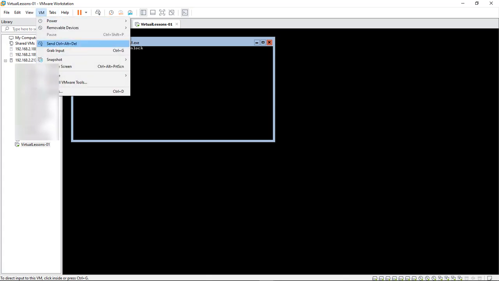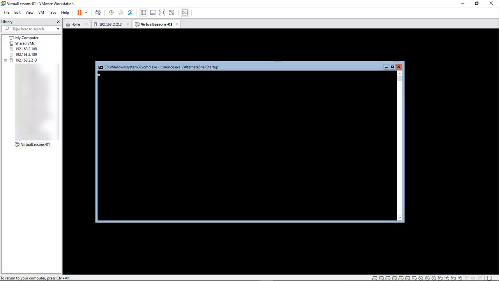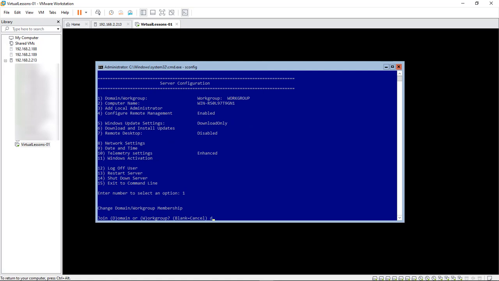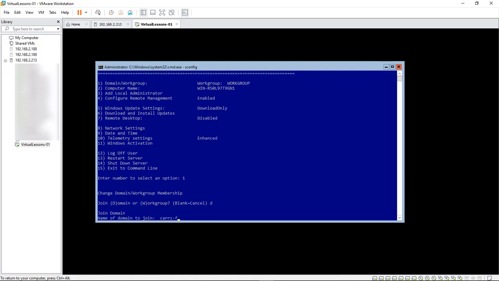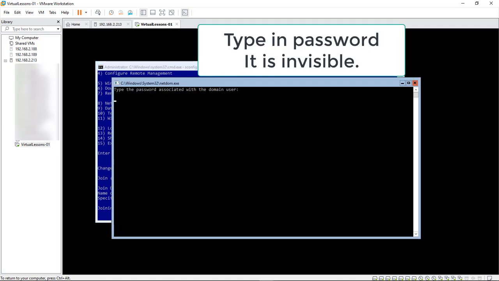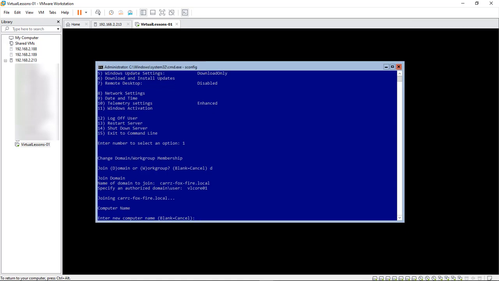Okay, come over here, Control Delete, and then let's go ahead and log back in. And the first place we're going to jump into is sconfig. We're going to type in 1 to get to our domain, and then we're going to do D for domain, type in our domain name, and then our user, which is going to be VL Core 01. Type in our password, and we want to choose yes because we want to rename our system, so it's going to be